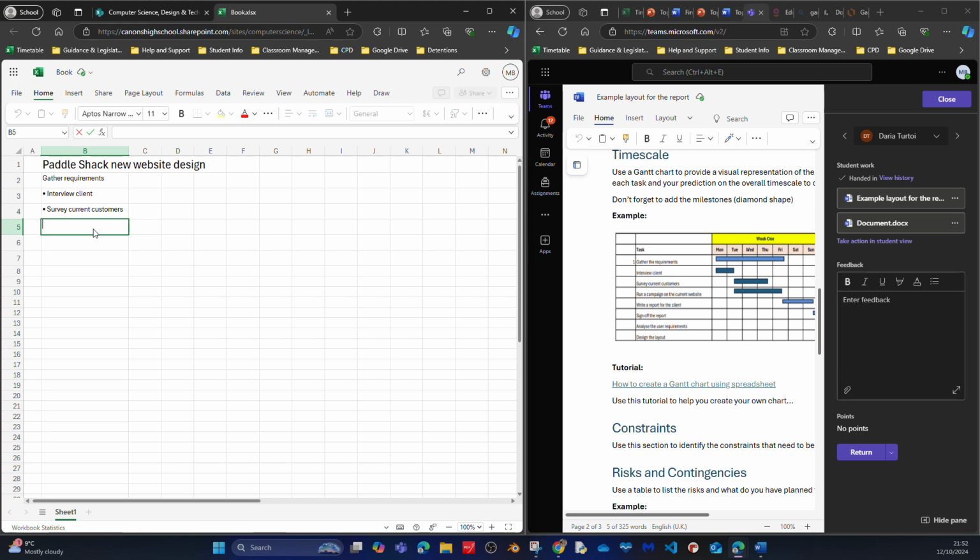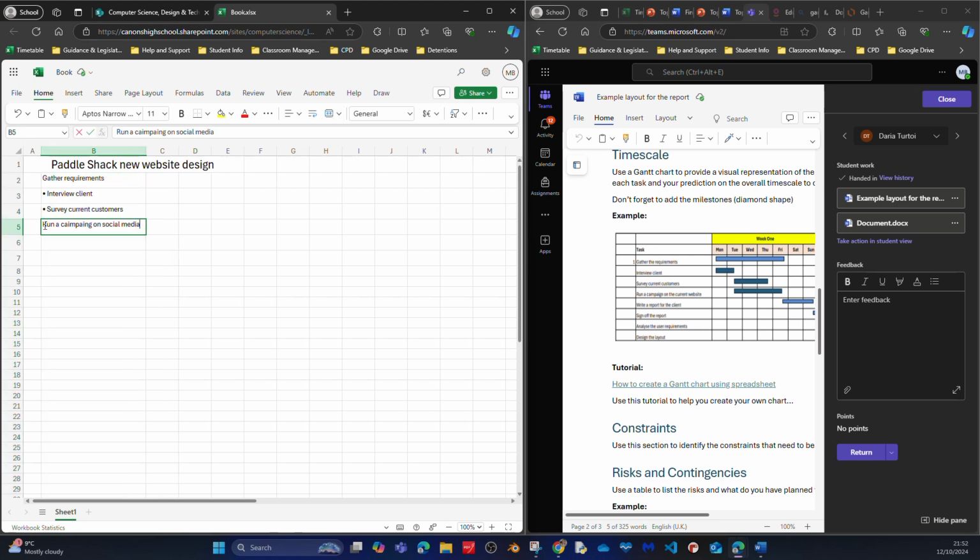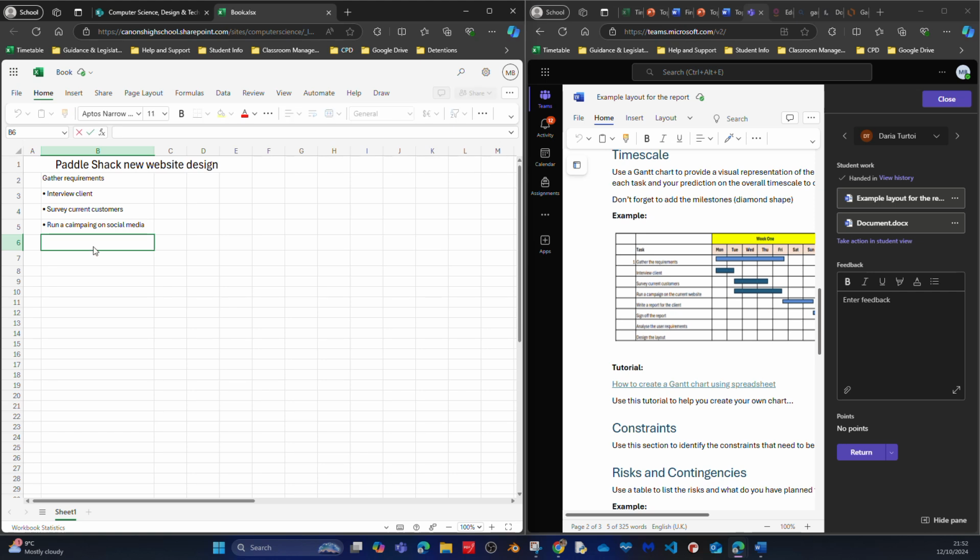Then run a campaign on, let's say, the current website, or on social media. You can run a poll, for example, on social media, ask questions, get something going, a discussion group, create a group, and then start a discussion on what is needed for this new website, what's the best for this new website. Okay, then write a report to the client,